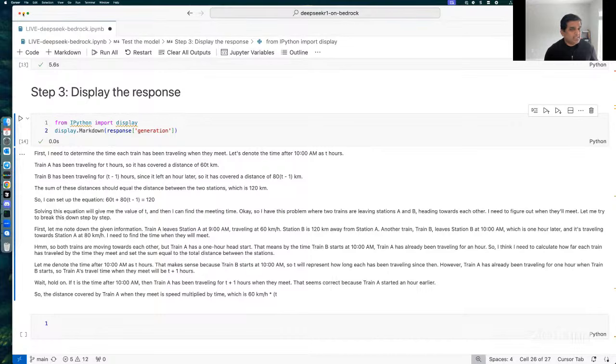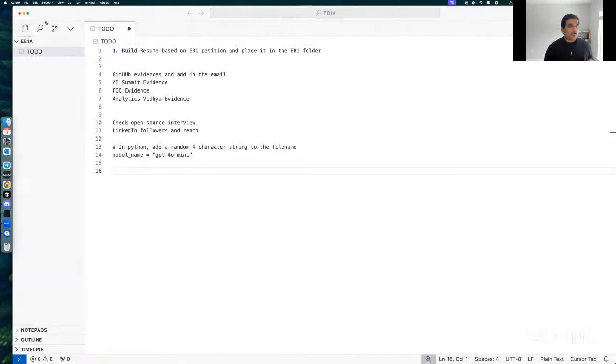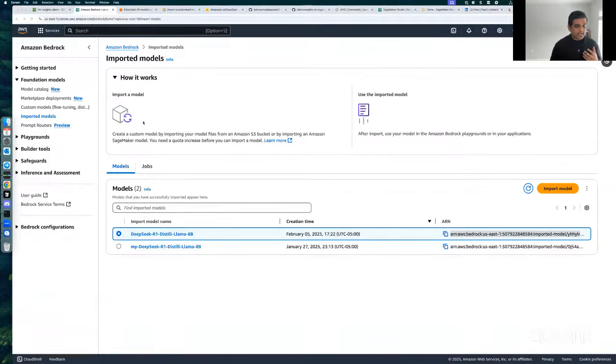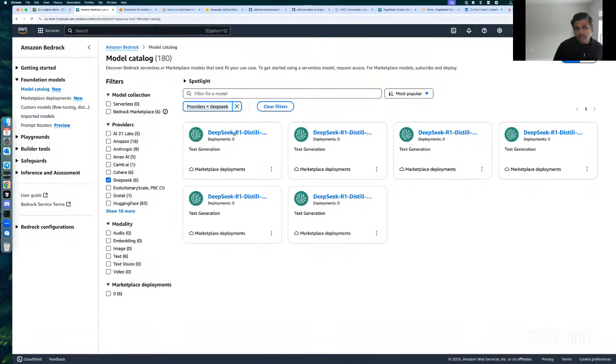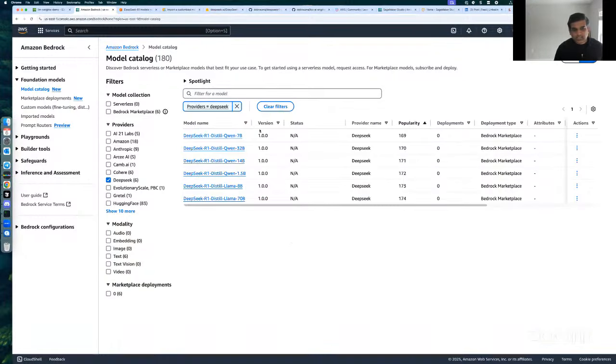Now, lastly, before I wrap up, I wanted to show you the different ways that you can deploy your model or use a DeepSeek model on AWS. So the other way is you come to this model catalog, and here we have introduced DeepSeek, and you can click on any of these distilled models. They all have different distilled models. If you want to see this, I think this is a better view. So you can see that there is 7 billion, 14 billion, and so on, right? So you can use any of these models from here and use it